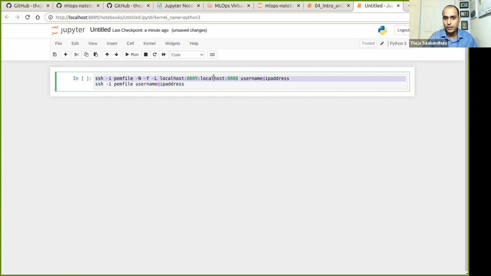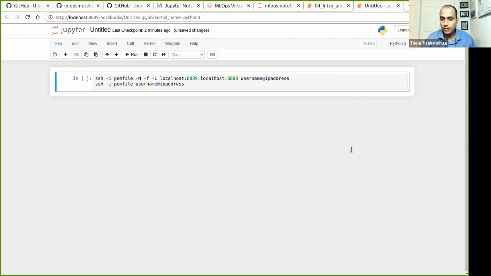Since you tend to run Jupyter on that remote machine all the time, if you just want to connect to Jupyter, which is running on the remote machine, just use this. And the last one I want to show is about copying. To copy, I want to show it from my local machine.